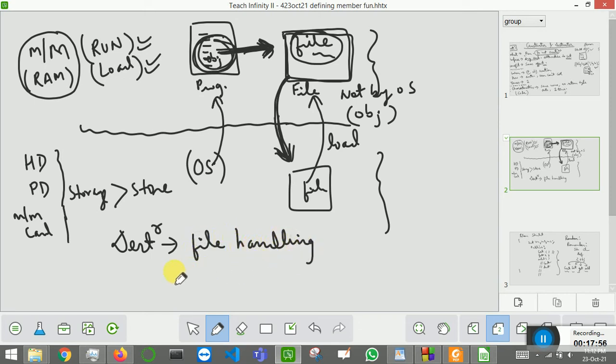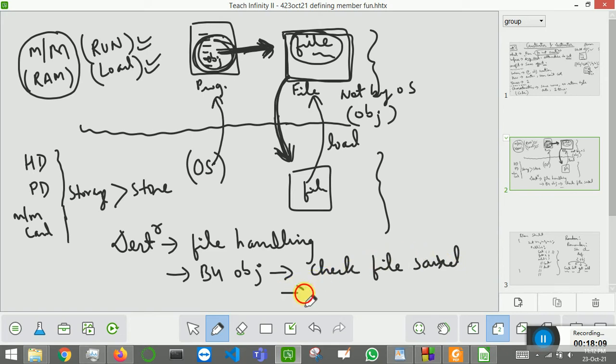Just before the object is destroyed, it will check if the file is saved or not, and if the file is not saved, then it will save the file. This is just an example of a destructor.